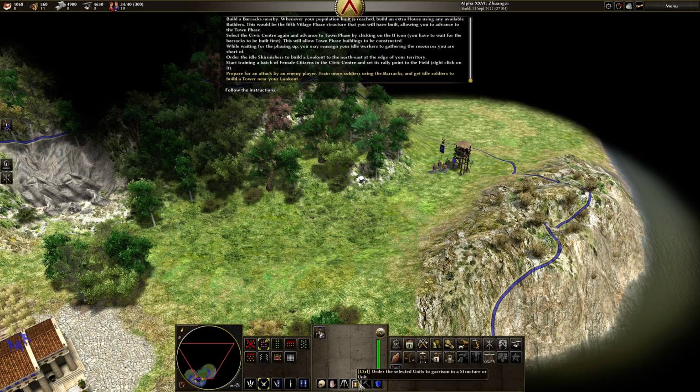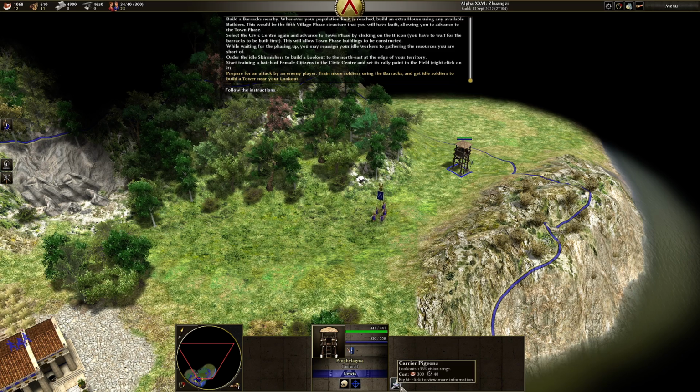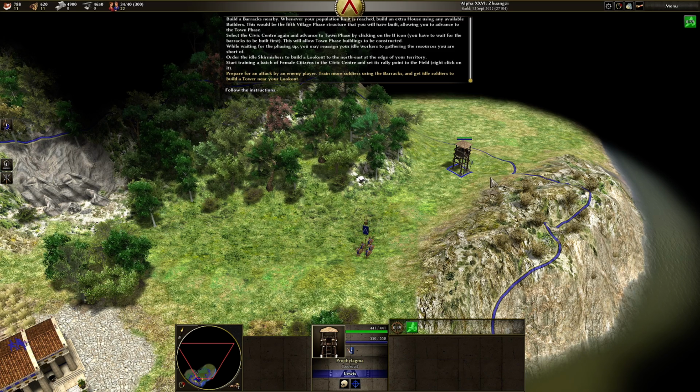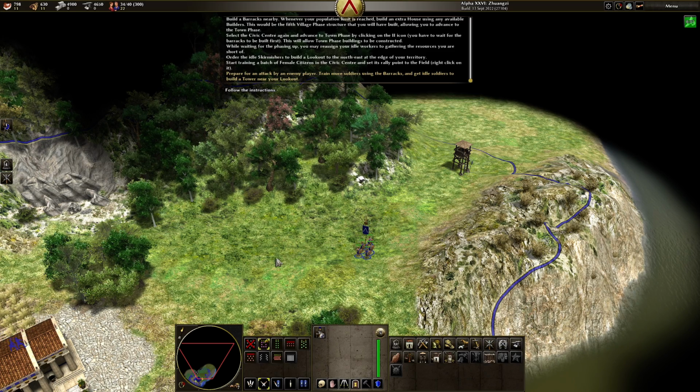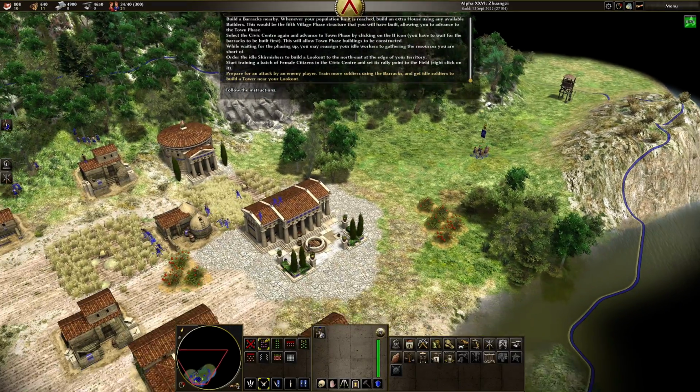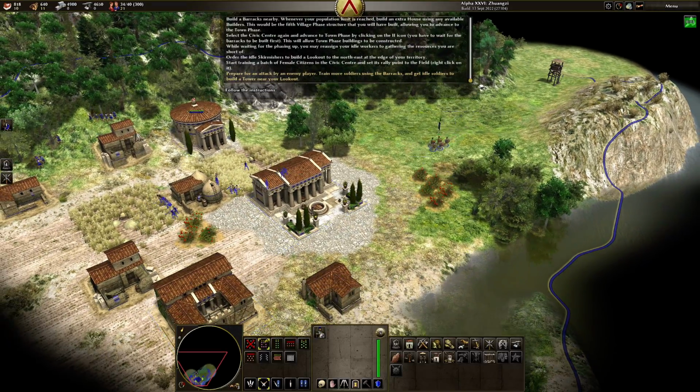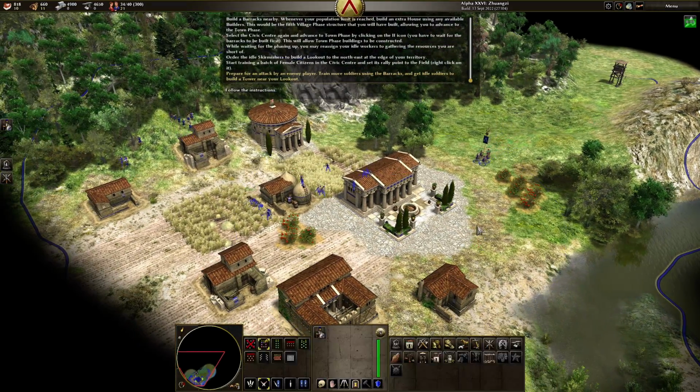Now, can we garrison? We can. We can't get them to go in that building though. You can click that. Carrier pigeons. That's going to give more sight. It's an upgrade, I think. So we're just going to prepare for an attack here. So we're going to get our troops here. We're going to get the troops on